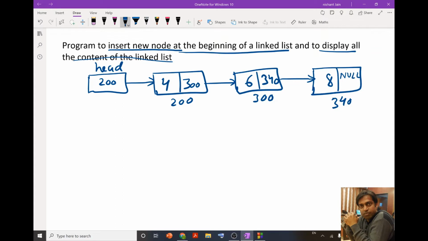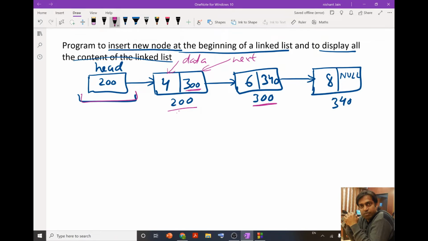Now to start with, let me first explain in brief what a linked list is. In a linked list, the head holds the address of our first node, so with the help of the information in the head we can come to the first node. In the first node we can access the data and the next pointer, the address of the next node. By accessing this address we can go to the next node.